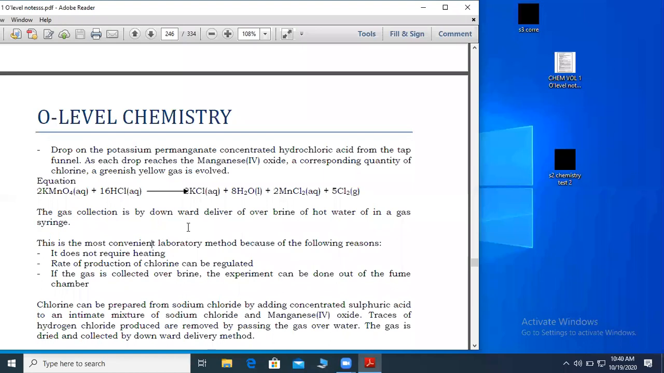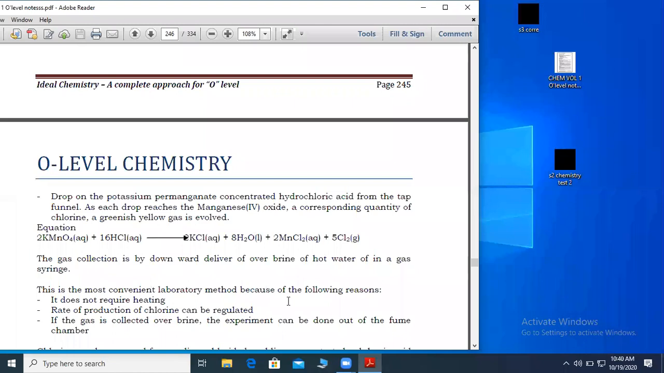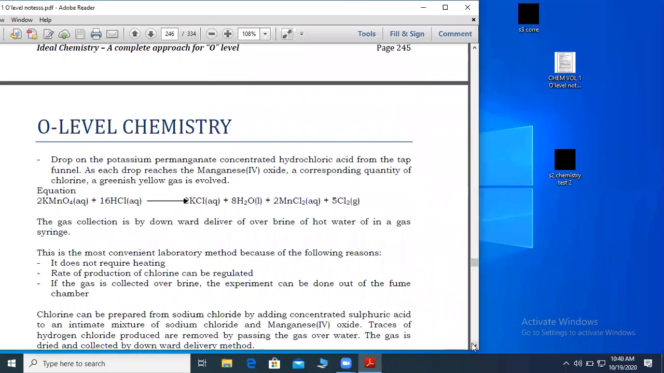The gas collection is downward delivery or over brine or hot water. Brine is concentrated sodium chloride solution. Brine is concentrated sodium chloride what? Solution, and it can be used to collect chlorine. But if the question is asking for a dry gas, then it should be passed through concentrated sulfuric acid and then